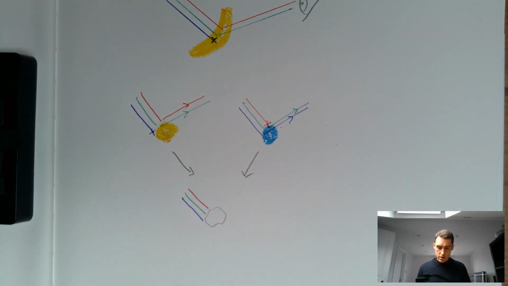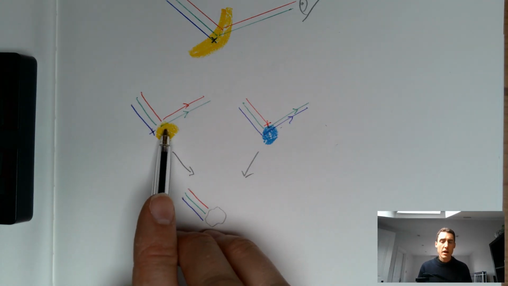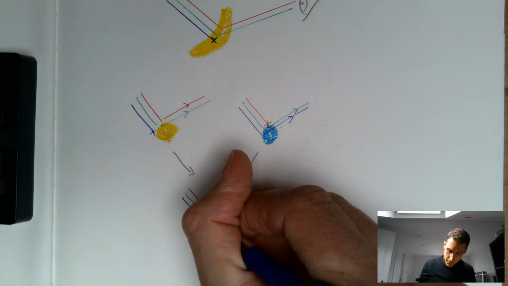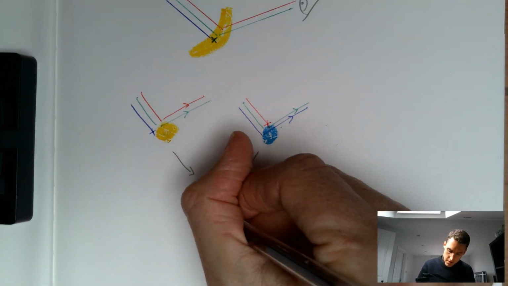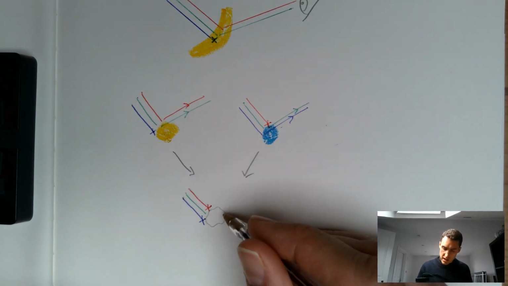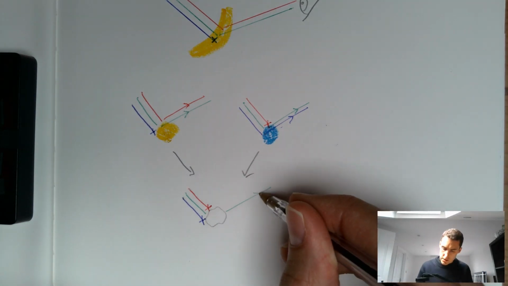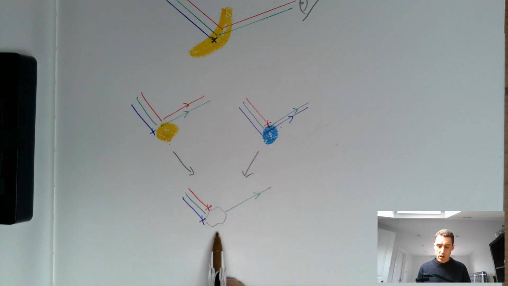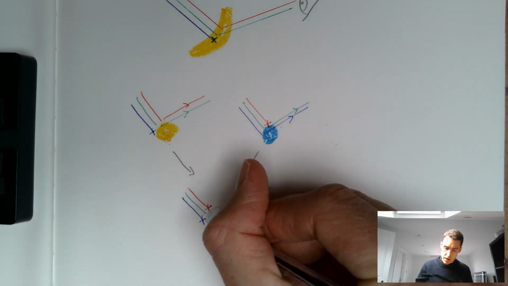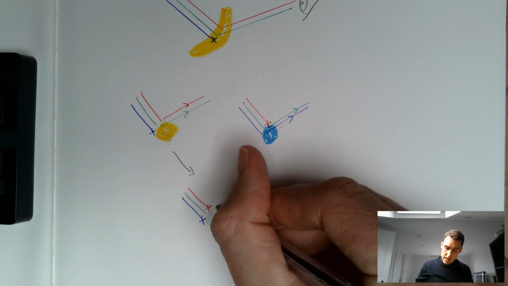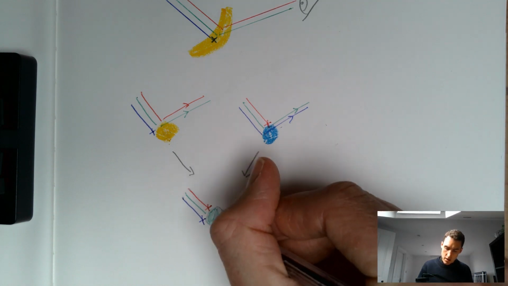Now, I know that because there's yellow paint there, that's going to absorb all the blue. And I know that because there's cyan paint there, that's going to absorb all the red. So what is the colour that's escaping? Well, it's green, and therefore, what colour does it appear when I mix the yellow and the cyan together? Well, it appears to be green. That would be my guess as to why in art